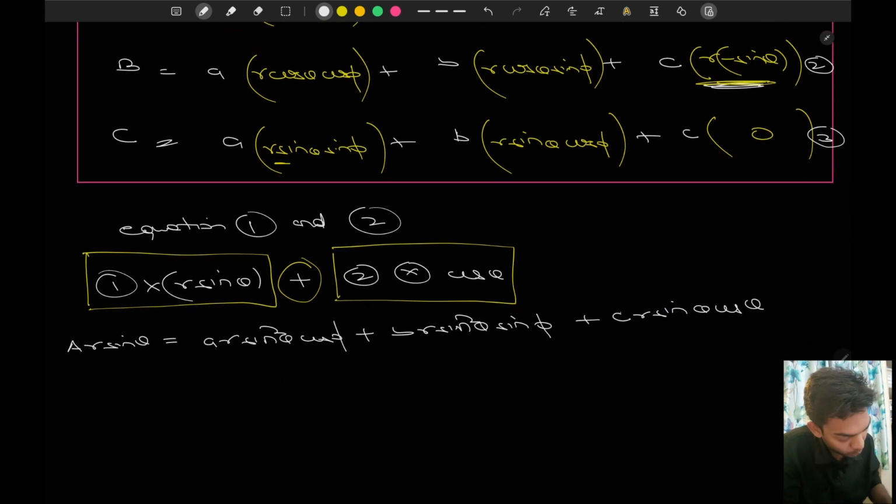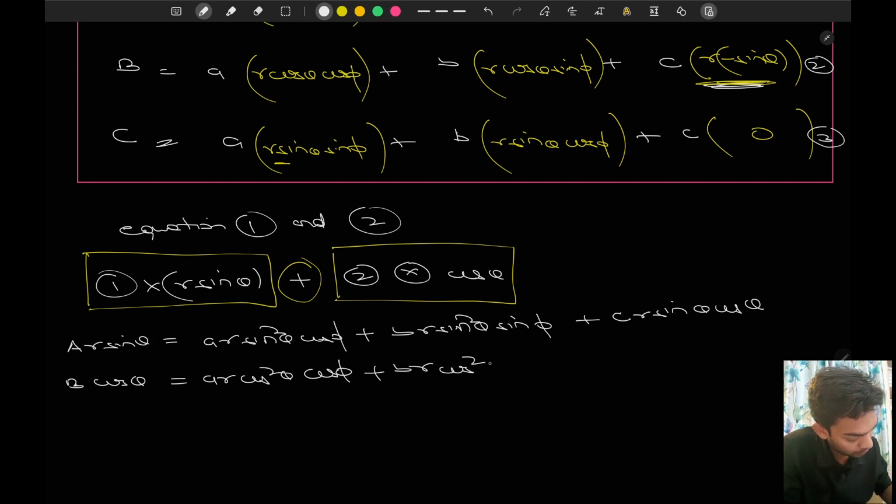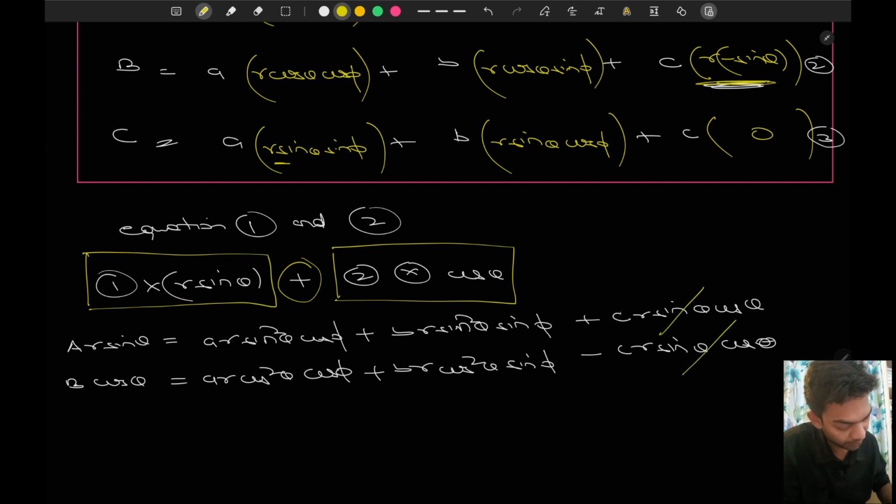Similarly, my equation number 2 would become B cos theta is equal to AR cos square theta cos phi plus BR cos square theta sin phi minus CR sin theta cos theta, sorry. And when we add those two things, this term and this term will cancel out, right? And we are left with,